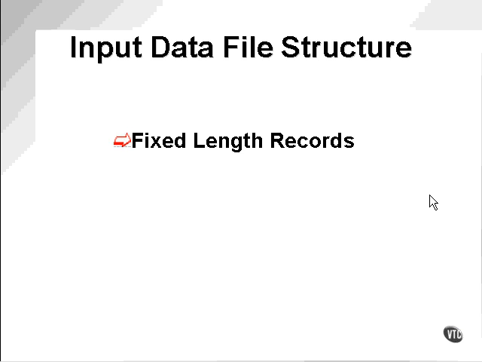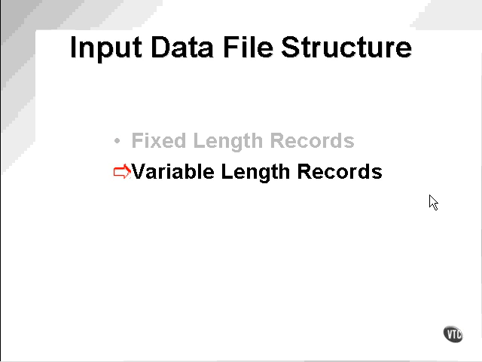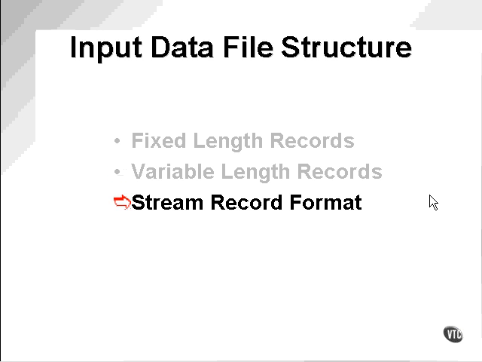Input data file structures. The input data file can be structured in various ways. For instance, we can have fixed length records, where every row has exactly the same byte length, the same number of characters. Variable length, where each row can vary in length. Obviously there has to be some type of descriptor on each row telling SQL Loader how long the row is. A stream record format is a continuous format using characters such as \n to break lines and \t to indicate